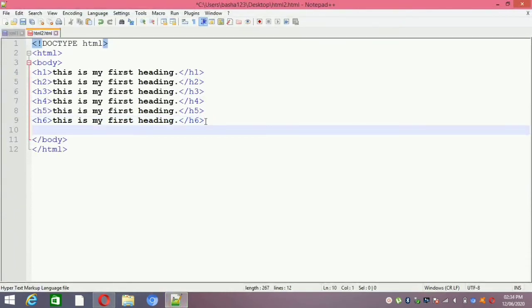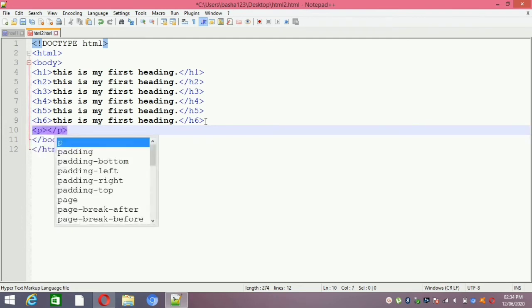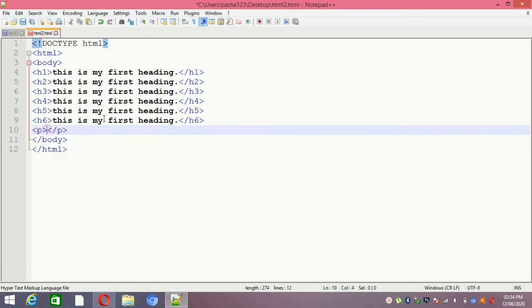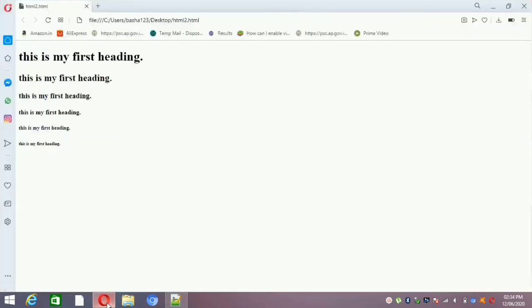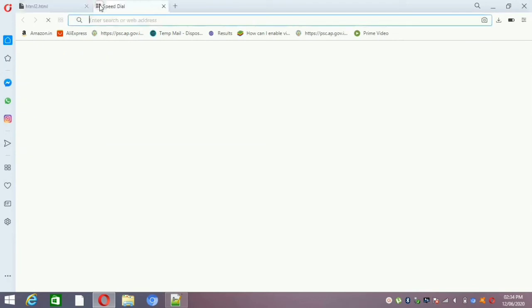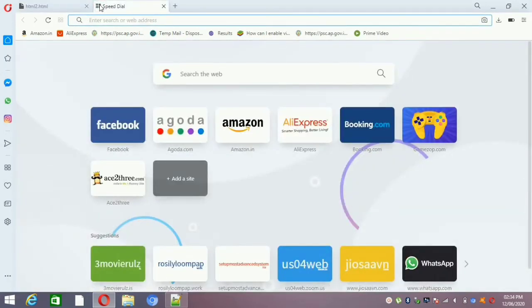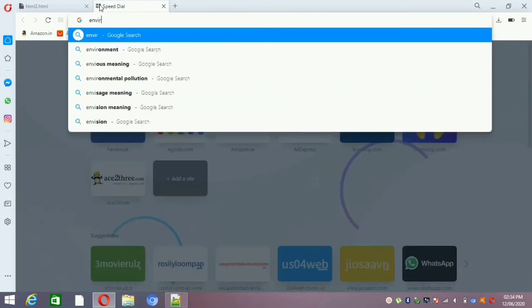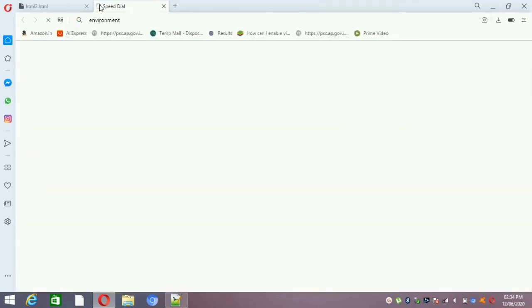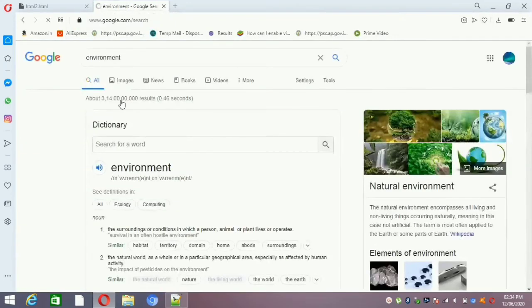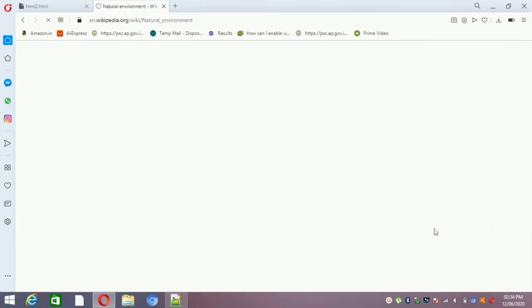To show the paragraph we have to use the p open tag and then the p close tag. In the middle I will place some content. There is not much content of my own, so I am taking it from the browser, for example, environment. Here I am clicking Wikipedia.